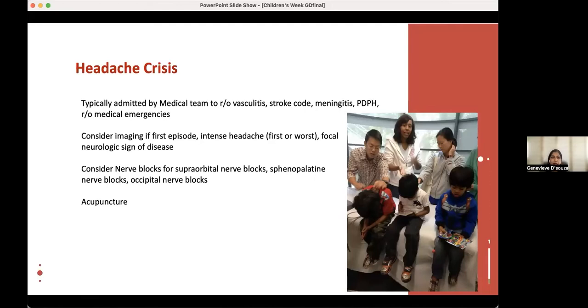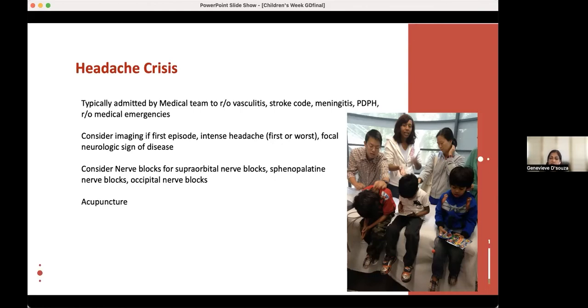For headache crises, they're typically managed by the medical team initially to rule out vasculitis, stroke code, meningitis, post-dural puncture headache, or other such medical emergencies. Initially, first is considering imaging, if this is a first episode, or if it's a severe headache, or there are focal neurologic signs. The medical team already will initiate therapies, and our role is to consider nerve blocks for these